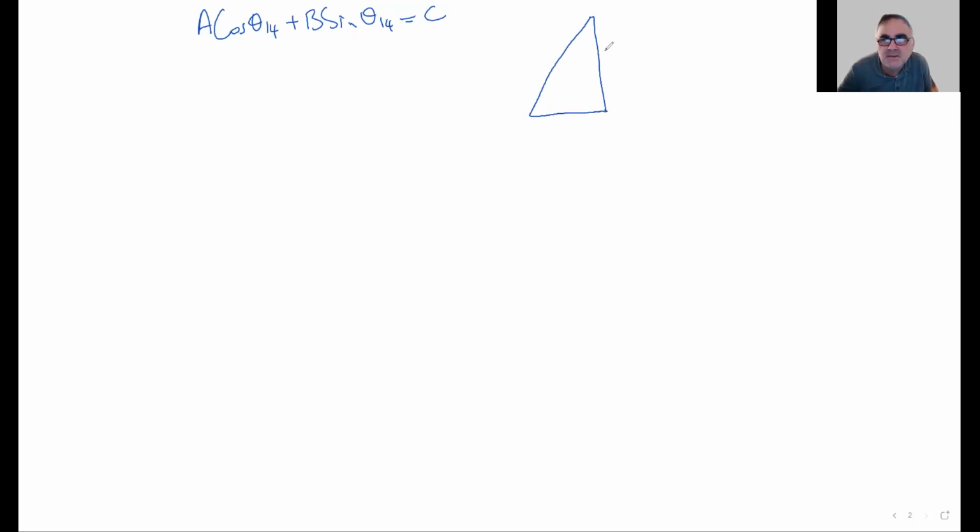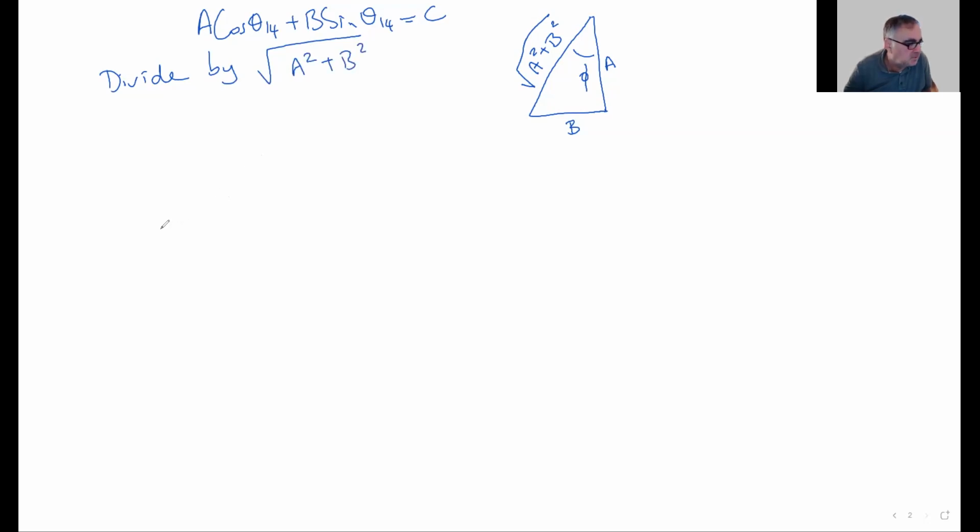Where the sides are A and B, in this case, this distance would be square root of A squared plus B squared. Okay. Now let's call this angle, for some reason, phi. If you divide this equation by square root of A squared plus B squared, you are going to get